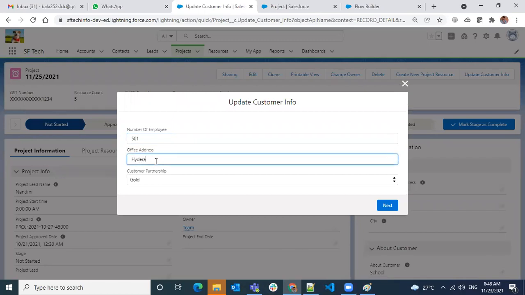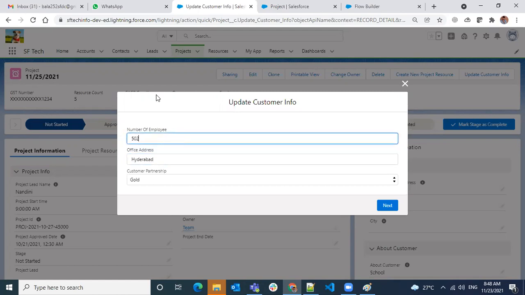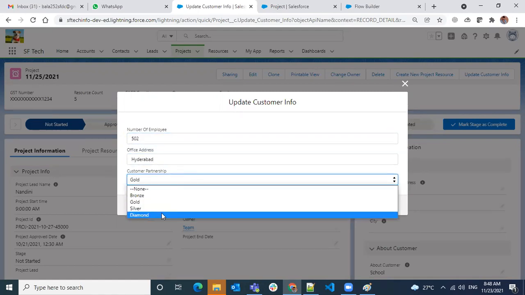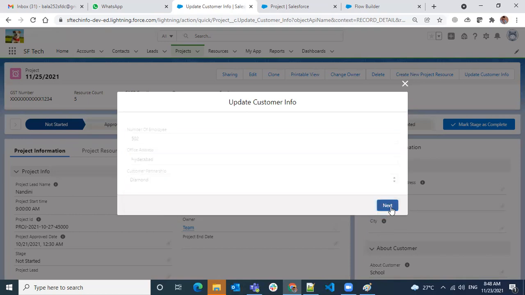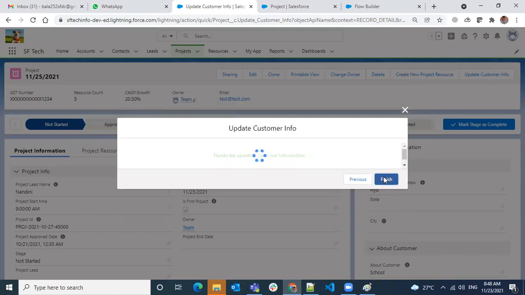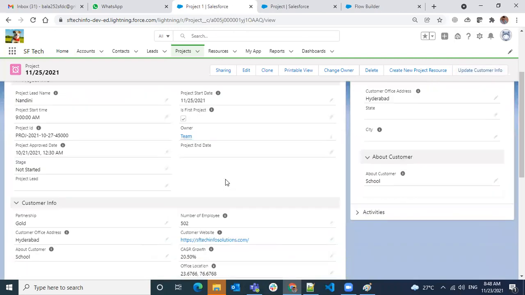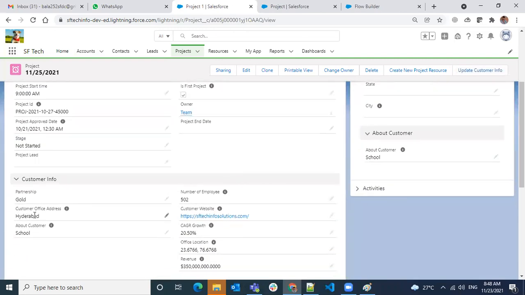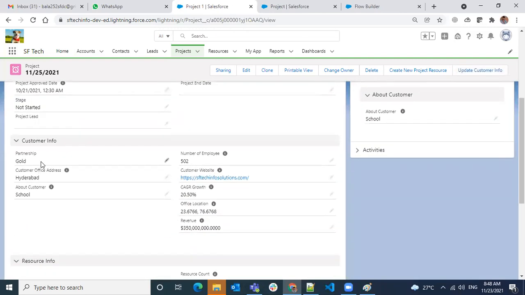Okay, but why not to update it? Hyderabad updated, but it was not changing. That is weird.